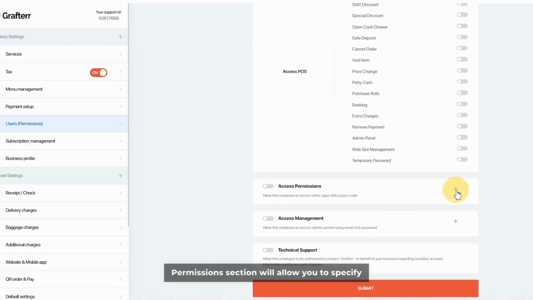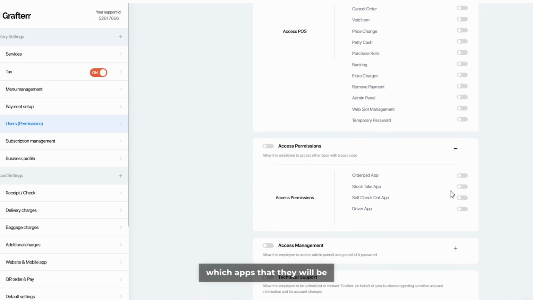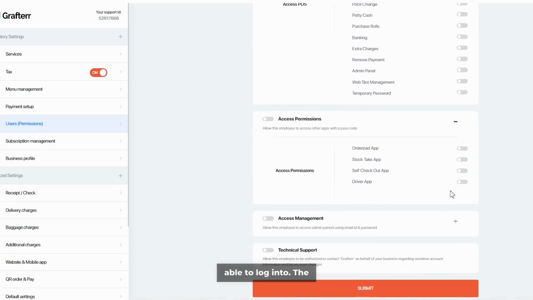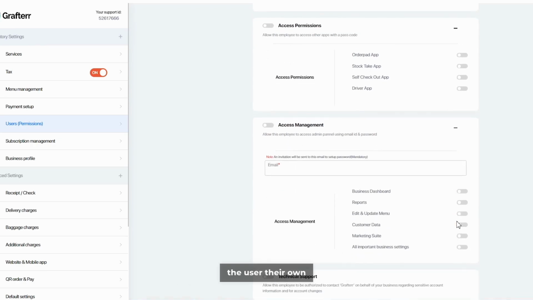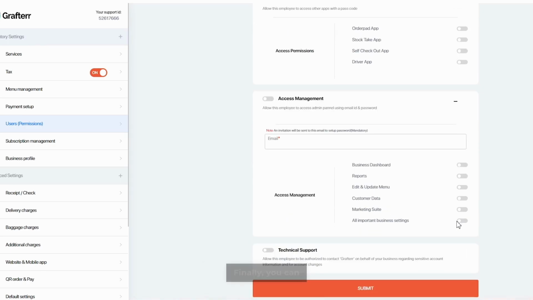The Access Permissions section will allow you to specify which apps that they will be able to log into. The Access Management section will allow you to specify if you wish to have the user their own access to the admin panel. Finally, you can also allow the member of staff to be authorised to speak to Grafterr technical